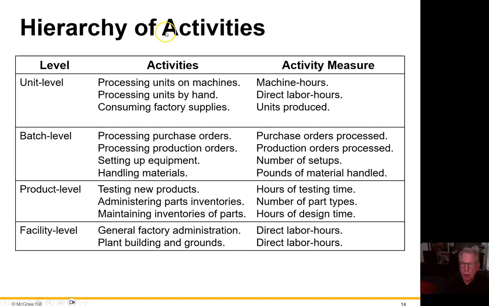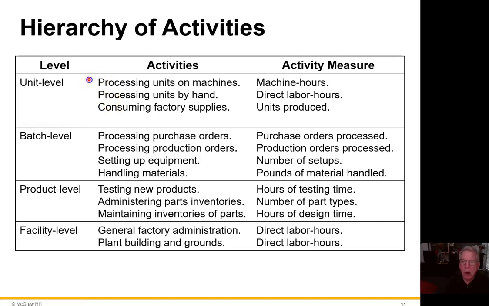Okay, so there's a hierarchy of activities here. We have the unit level, the batch level, the product level, and the facility level. And by generally classifying these activities, it gives you a better idea as to how to allocate the activities that are used. So let's look at the unit level. That's the easiest one to understand. Here,